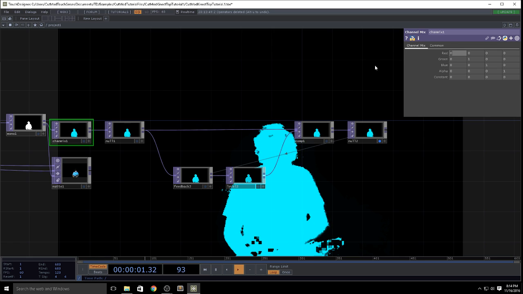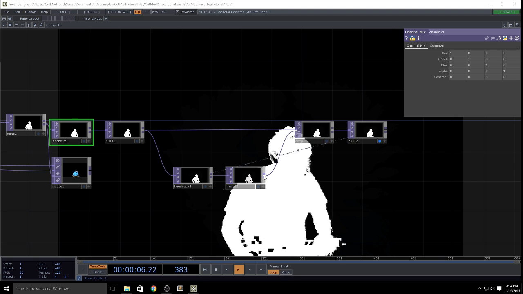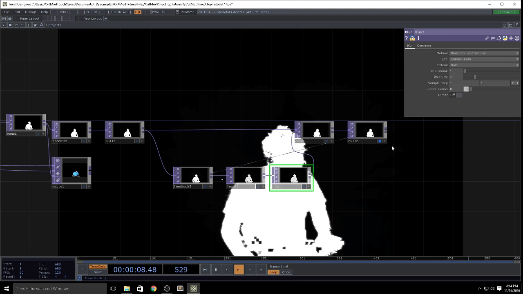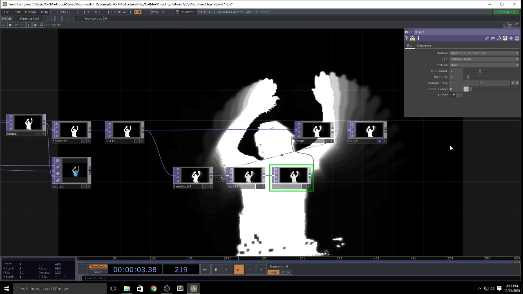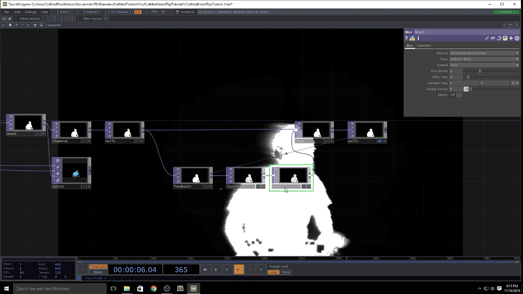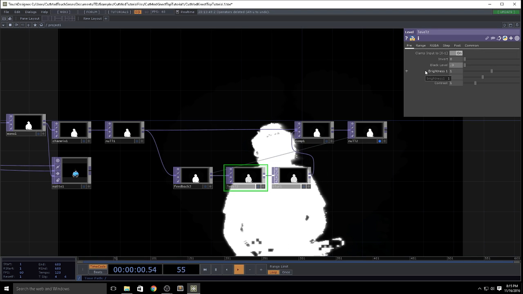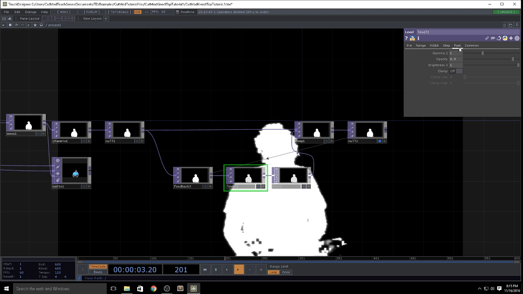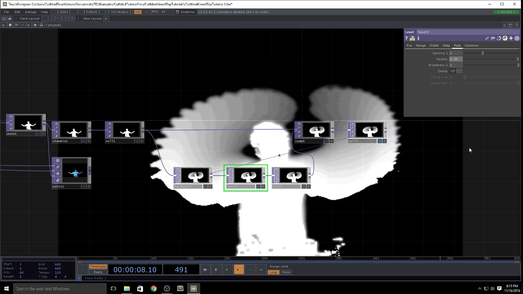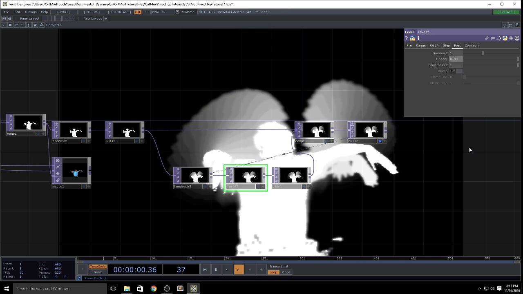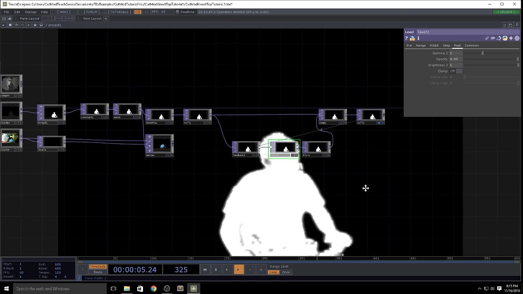So I'll bring this back to our normal white. Maybe put that blur back in just to smooth it out a bit. Sometimes it's good to add a little bit of black just to make sure things fade away properly. Okay, so